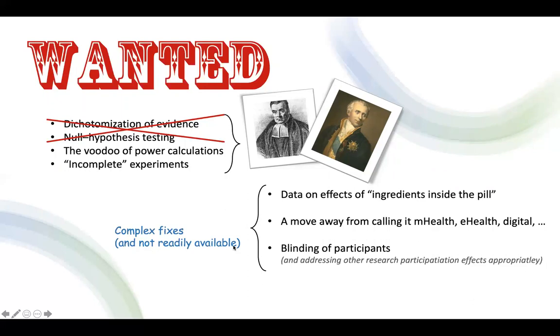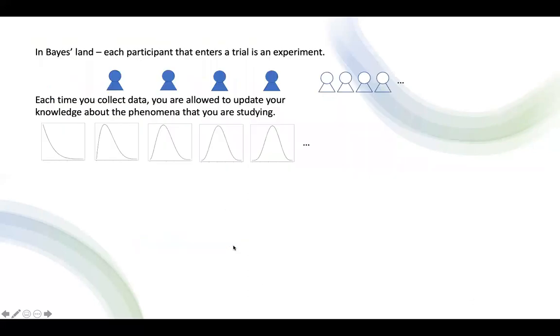And some of you should get super excited about this. Because in Bayes land, each participant is an experiment, okay? I take one participant into my trial, I run an experiment. Then I take the next one and I run an experiment. I take the next one, I run an experiment. Every participant is an experiment. And each time you collect a data point, you're allowed to update your knowledge about the phenomena that you're trying